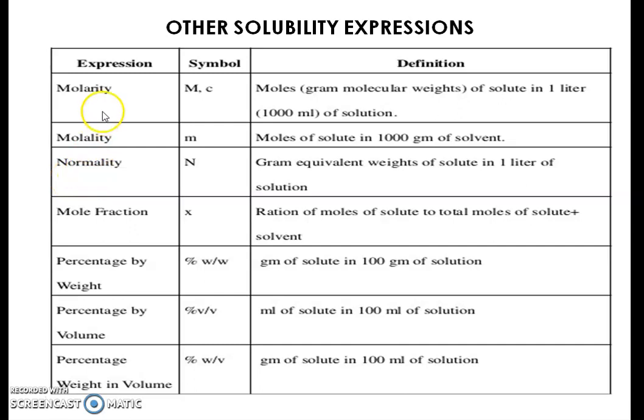Suppose, for example, if we have to calculate the molarity and normality of NaOH, it will be the same because NaOH is producing only one ion, that is the OH minus ion. So here molarity and normality are the same. Normality changes only when the dissociation of the particular substance changes. If the substance has more than one ion form, then it will be divided by that particular number.